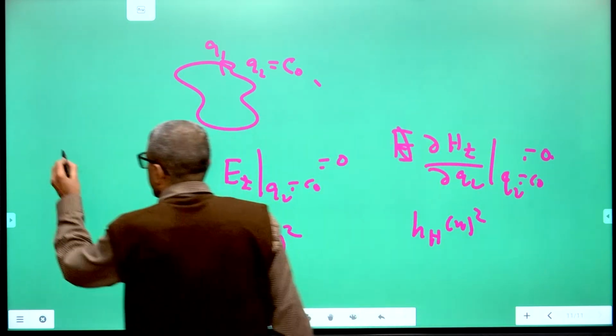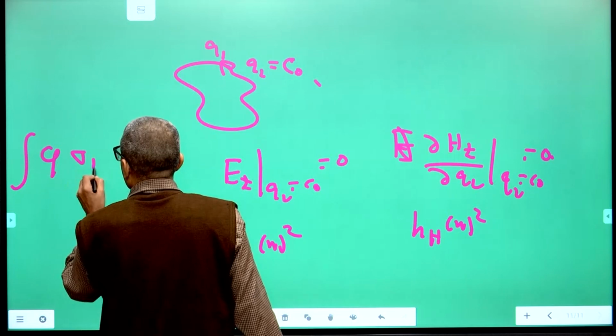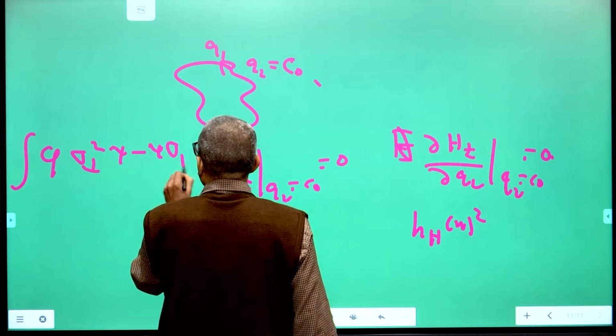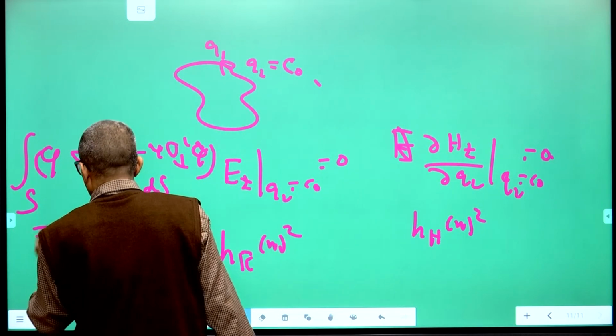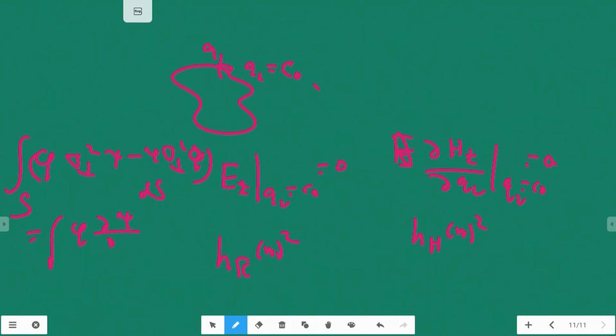And if you look at two functions, say the integral of phi del perpendicular square psi minus psi del perpendicular square phi ds over the surface, that is phi ∂psi/∂q2, normal direction is q2, right? q2 is equal to c0 gives the boundary, and the tangential direction is q1. So phi ∂psi/∂q2 minus psi ∂phi/∂q2, dl along the boundary curve. Now if you apply the Neumann boundary conditions to phi and psi, then ∂psi/∂q2 becomes 0 on the boundary, and ∂phi/∂q2 becomes 0 on the boundary, so this becomes 0.